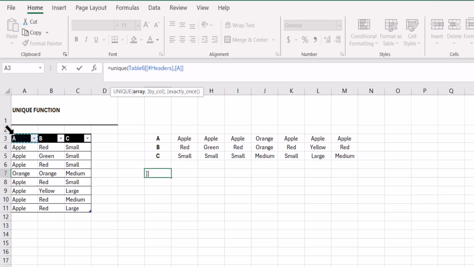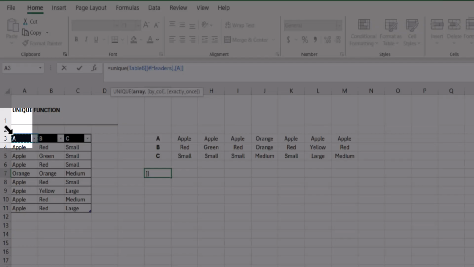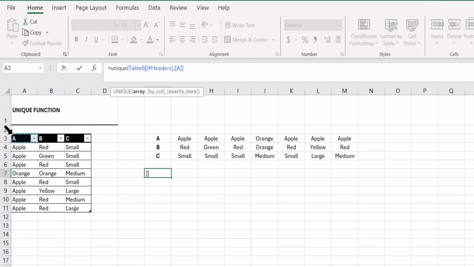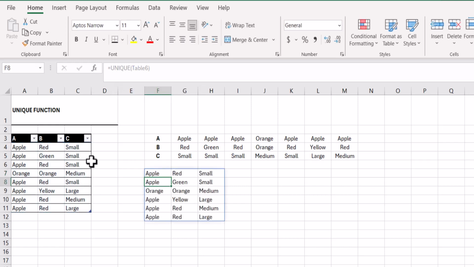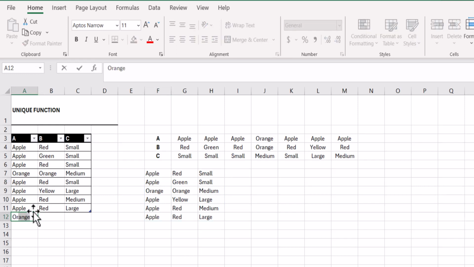So to do that, what I need to do is just scroll over the top left column, and you'll see that my arrow starts pointing down on a 45-degree angle. I will do that. Close my bracket, hit enter, and let's just add something that would be unique. Let's do orange, orange,